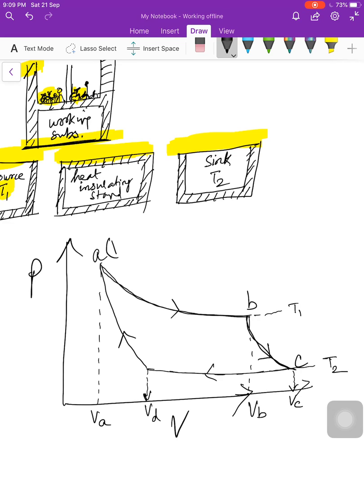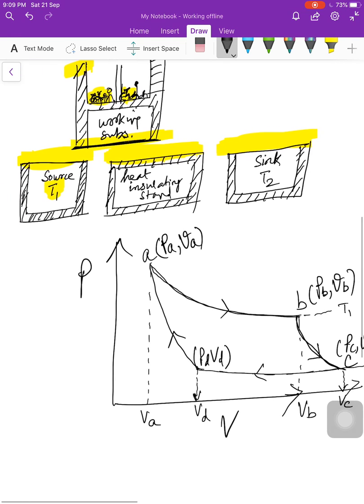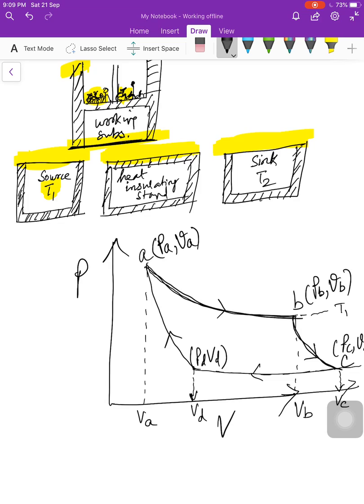So at point A, the pressure value is PA and the volume value is VA. At point B, say the pressure value is PB, volume is VB. Here it is PC, VC, and here it is PD, VD. Now during this isothermal expansion, Q1 amount of heat was absorbed